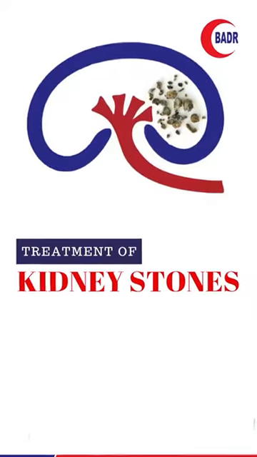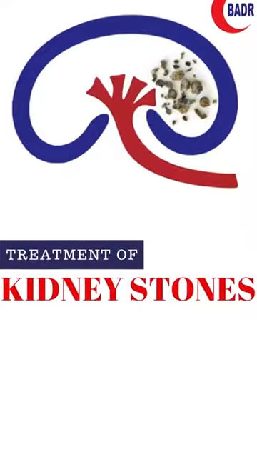Stone dissolution or dissolving of the stone is only possible for 2 types of stone. One is uric acid stone, which I mentioned, that happens in patients who have acidic urine. Specifically, the pH of their urine is between 5 and 5.5. With that, we could give them several medications to increase their pH to 7. To give an example, it's like putting ice in warm water, and slowly the stone could dissolve, get smaller and pass. Surgical treatment of kidney stones